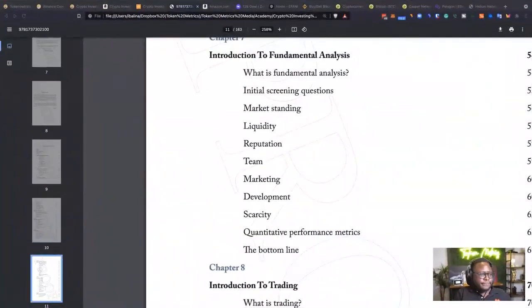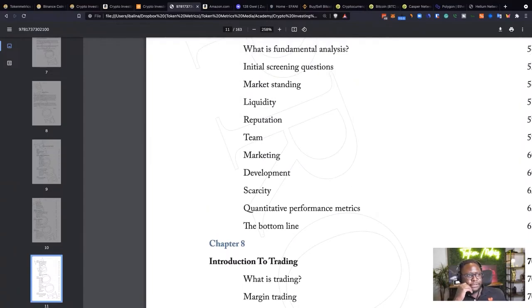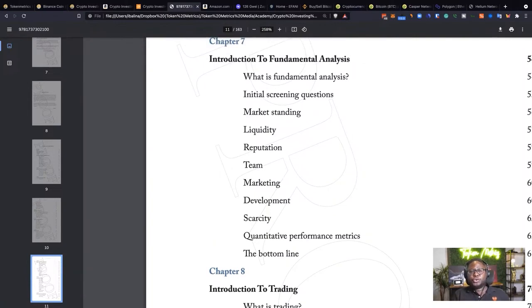And then scarcity. Scarcity talks about basically the supply. And at a high level, that's really fundamental analysis, right? Basically, you're trying to find the tokenomics, right? Is it centralized or decentralized? Are there good social signals? Basically, are there votes of confidence? Are they backed by well-known VCs, well-known publications in the media? Are the team members public? Do they have a past successful track record? That's what you're looking for when it comes to fundamental analysis.